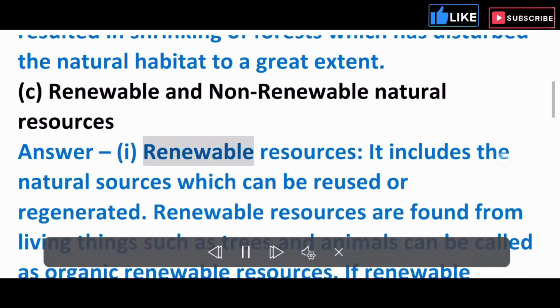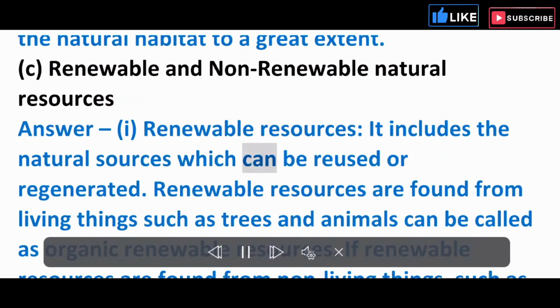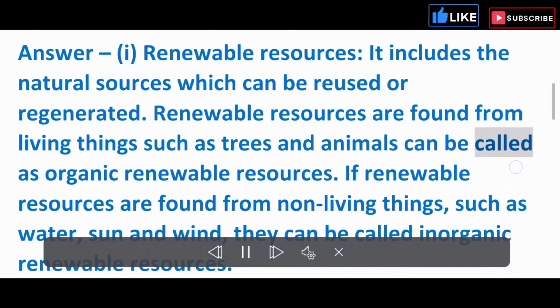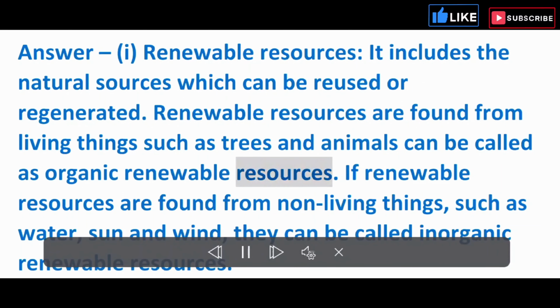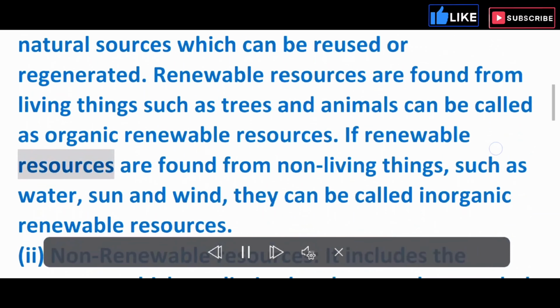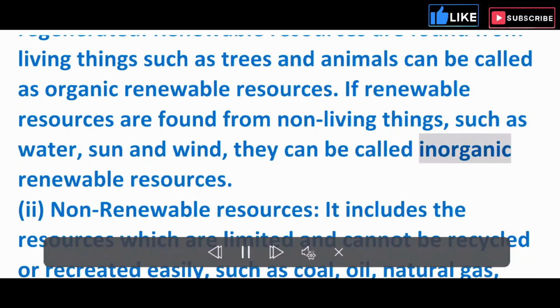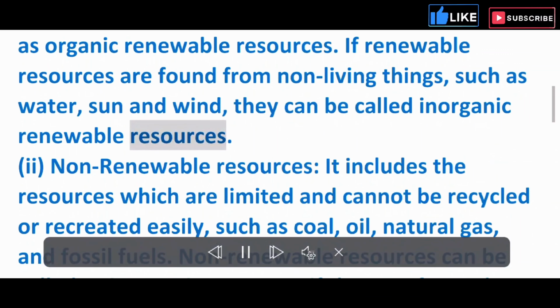C. Renewable and non-renewable natural resources. Answer. I. Renewable resources. It includes the natural sources which can be reused or regenerated. Renewable resources found from living things such as trees and animals can be called organic renewable resources. If renewable resources are found from non-living things, such as water, sun and wind, they can be called inorganic renewable resources. II. Non-renewable resources. It includes the